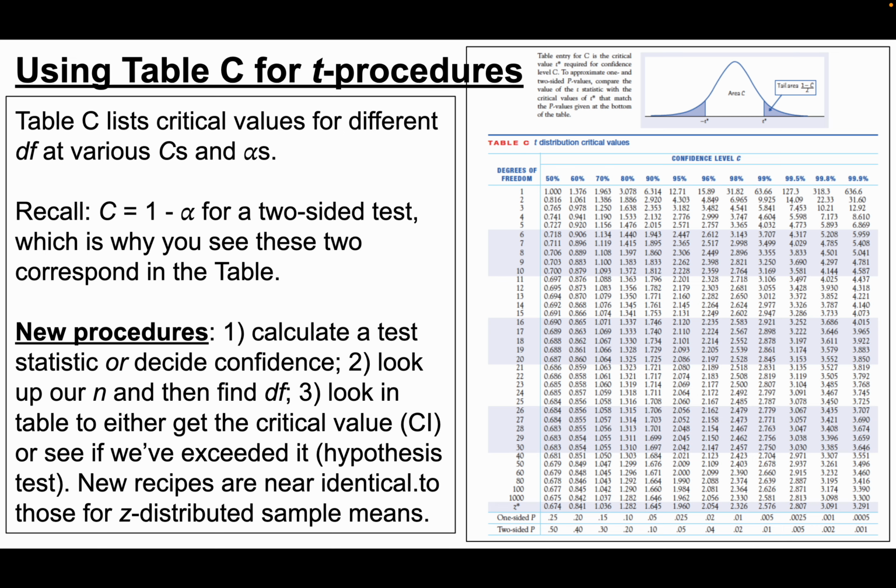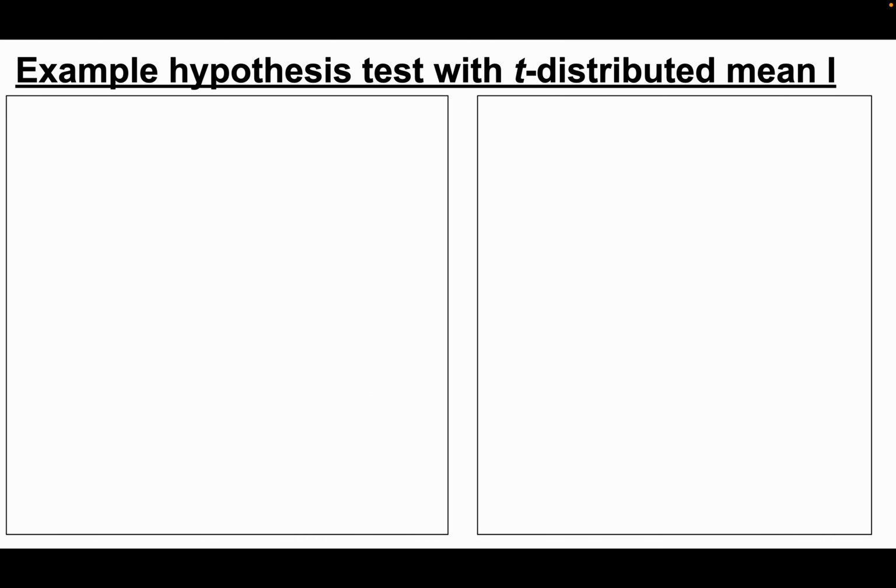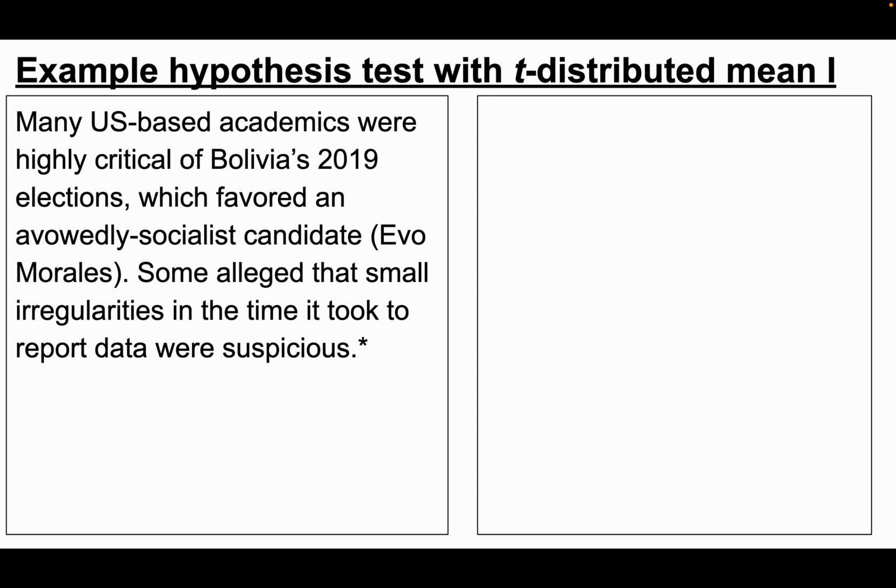Otherwise, this is pretty much the same exact stuff we've been doing. So let's proceed to an example. Here's a real-world example that I adapted basically by radically simplifying it, but it's kind of an interesting story. U.S. academics and statisticians actually played something of a role in Bolivia's 2019 elections, which favored an avowedly socialist